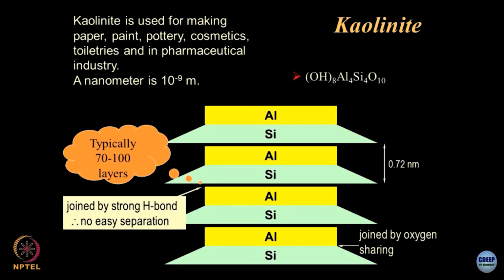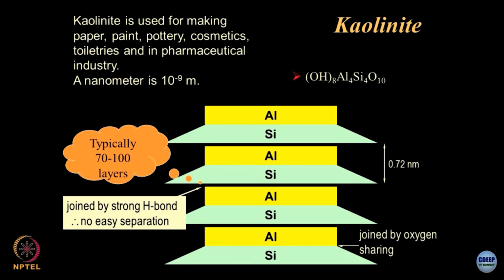So I will make a dough of these minerals and I will extrude them to get Vim bar, soap bar, lipsticks of different sizes, whatever, clear, papers of different sizes and so on. So this is the structure of the kaolin. 1 nanometer is 10⁻⁹ meters. This is the formula for kaolin.